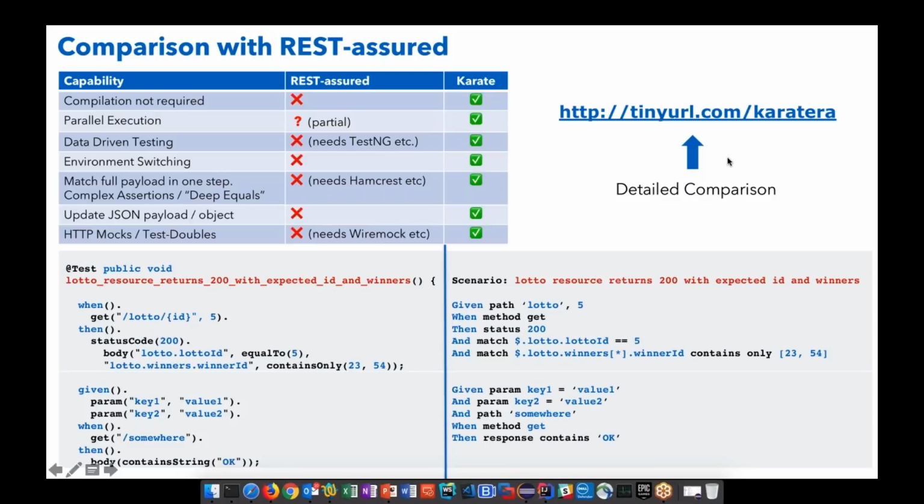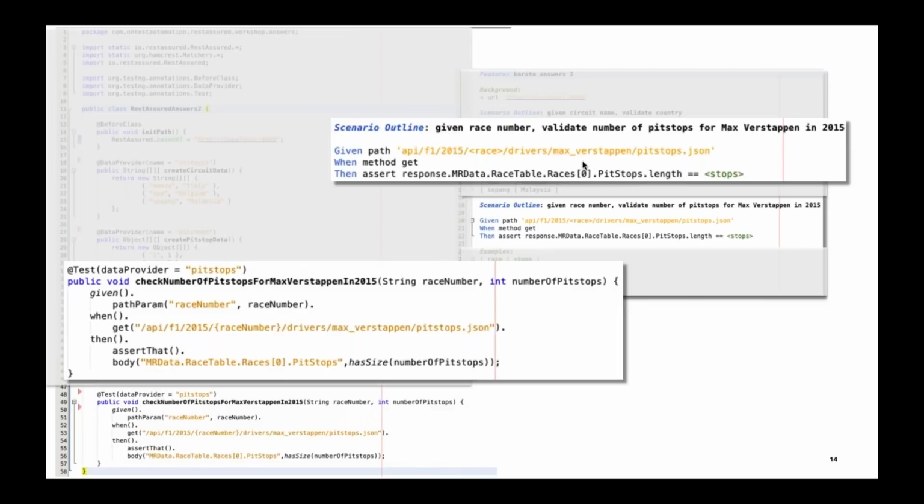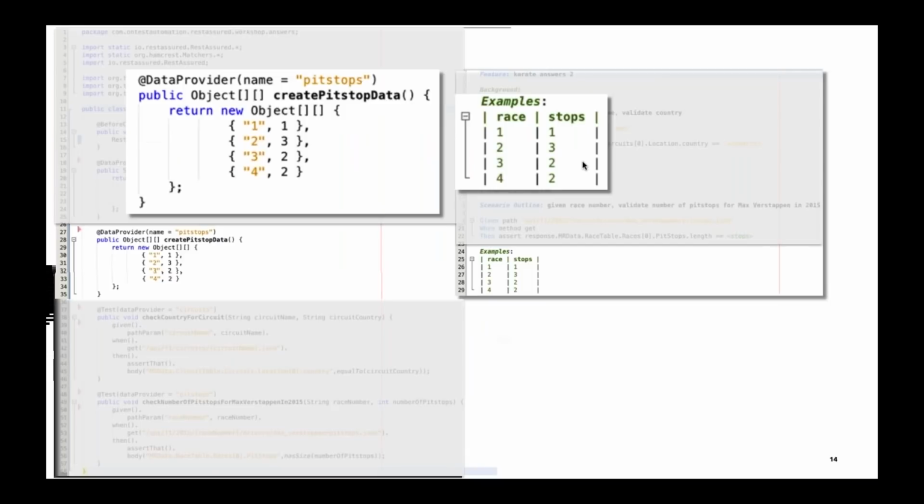So if you're interested, there's a link on the Karate documentation, which gives you a very comprehensive list. It's a very detailed document, because if you are using Rest Assured, or if you want to, for example, convince stakeholders that it's worth taking a look at Karate, you can use this document. The URL is there on the right and should be easy to find if you just scan through the wiki or the documentation.